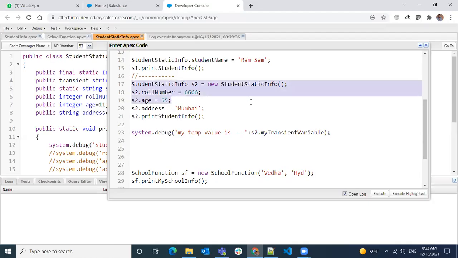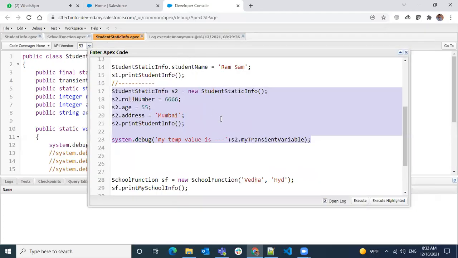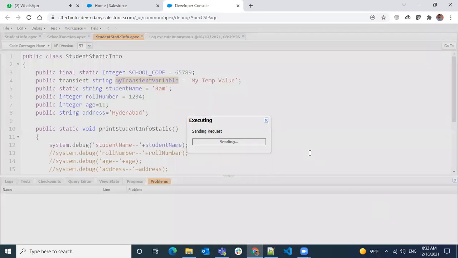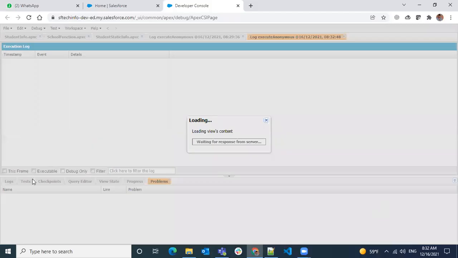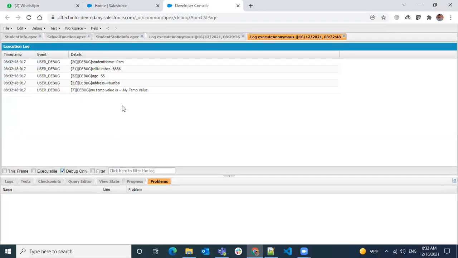I created an object for this class, and I'm trying to access this temporary variable. I gave one value over here, my temp value. I'm just trying to see how it behaves. Okay, it stores.